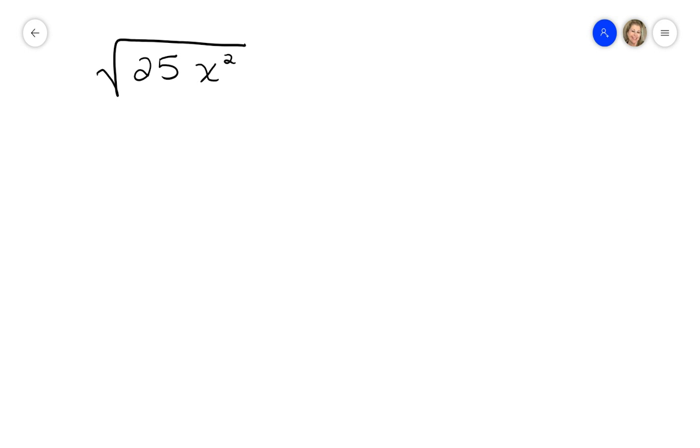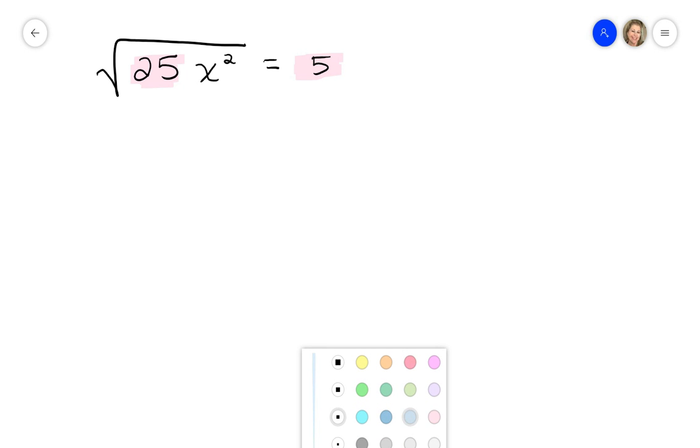Okay, let's look at the same square root of 25 that I had in my previous video, except now I'm going to throw in a variable. I'm going to throw in an x squared. Now this is a perfect square because the square root of the 25 is just a 5. Square root symbol's gone. But now we're going to look at the x squared. The square root of x squared is just an x